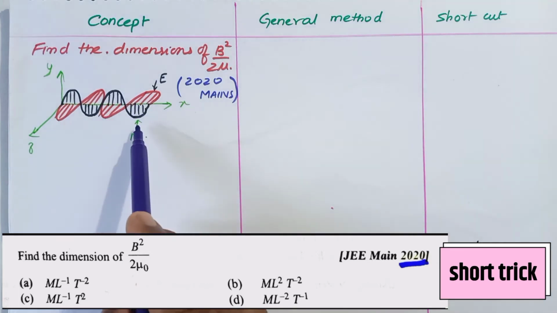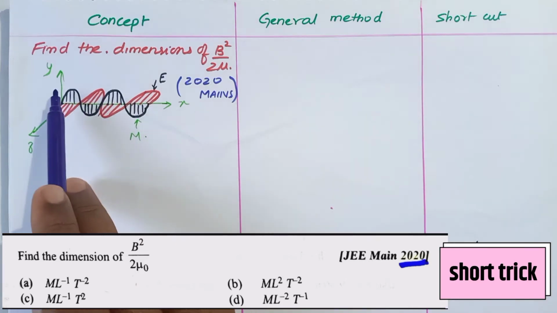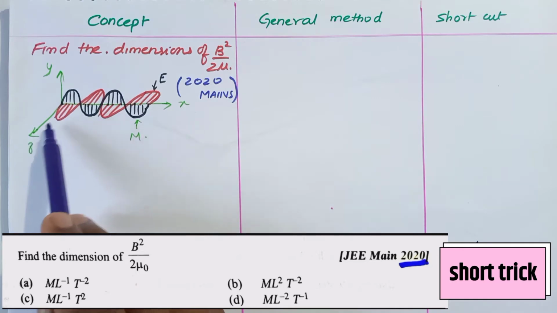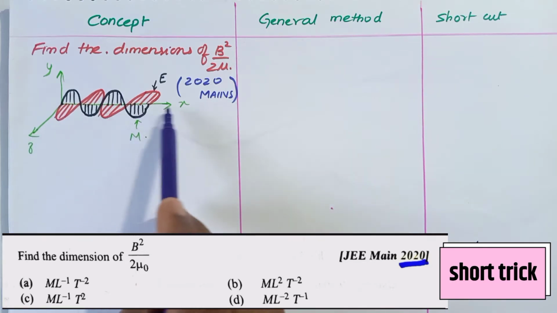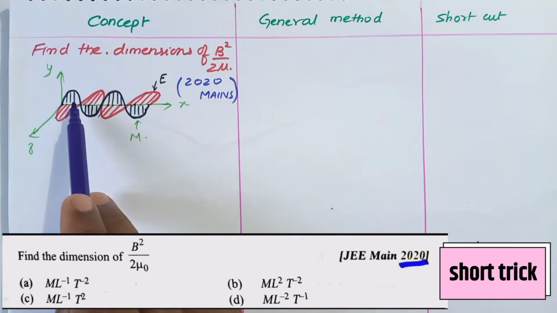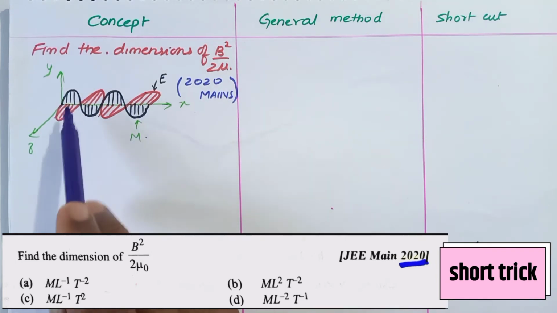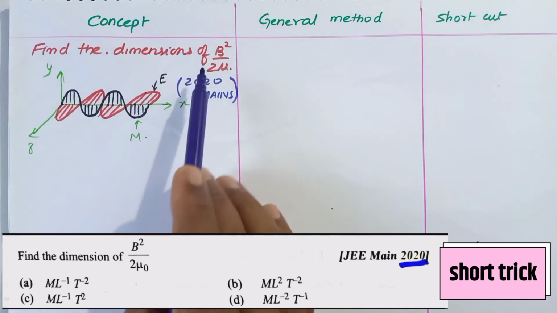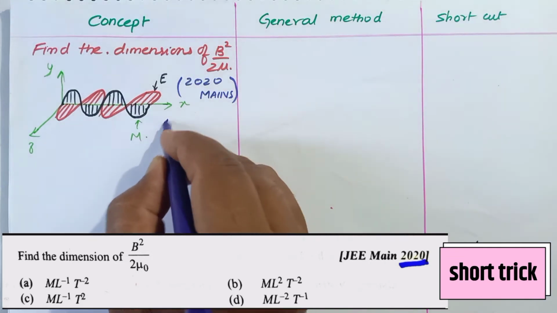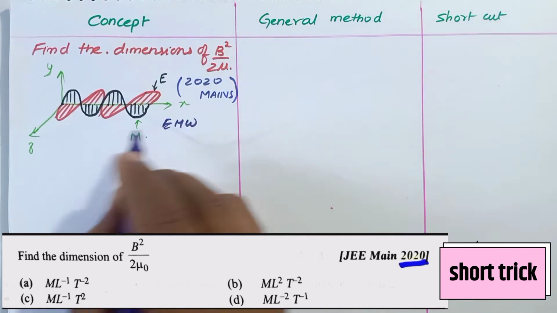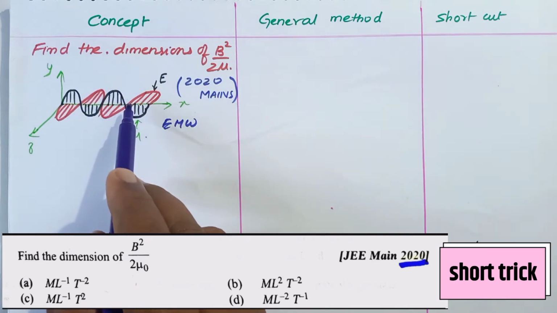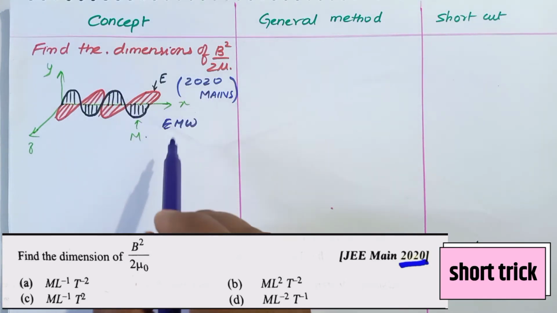So this is the magnetic wave which is given with black color, which is along the y-axis, and the red color wave is along the z-axis here. Okay, so along the xz plane, red color is there. Along the xy plane, black color wave is traveling here. So both are mutually perpendicular to each other. So this concept is present in the chapter called electromagnetic wave. Light travels in the form of electromagnetic wave. So in that there is one topic called energy density.